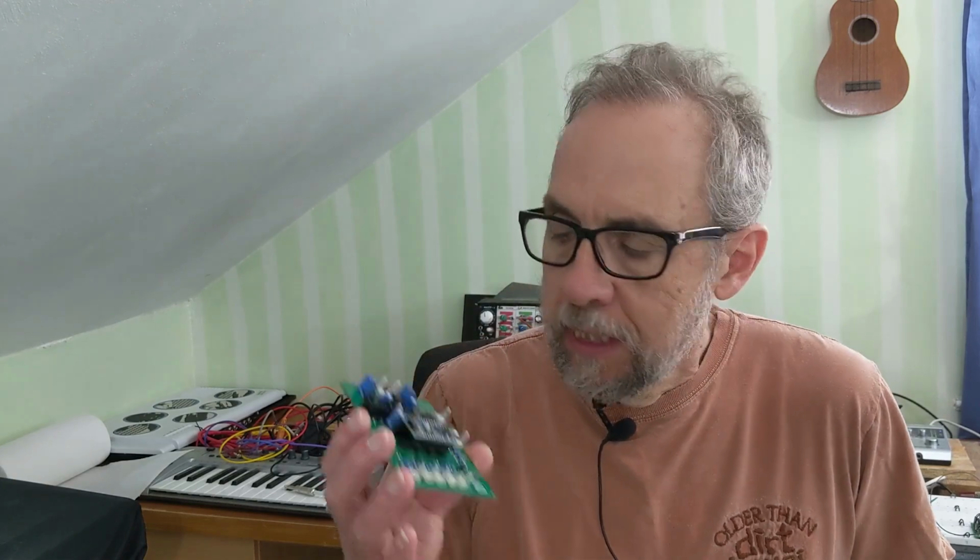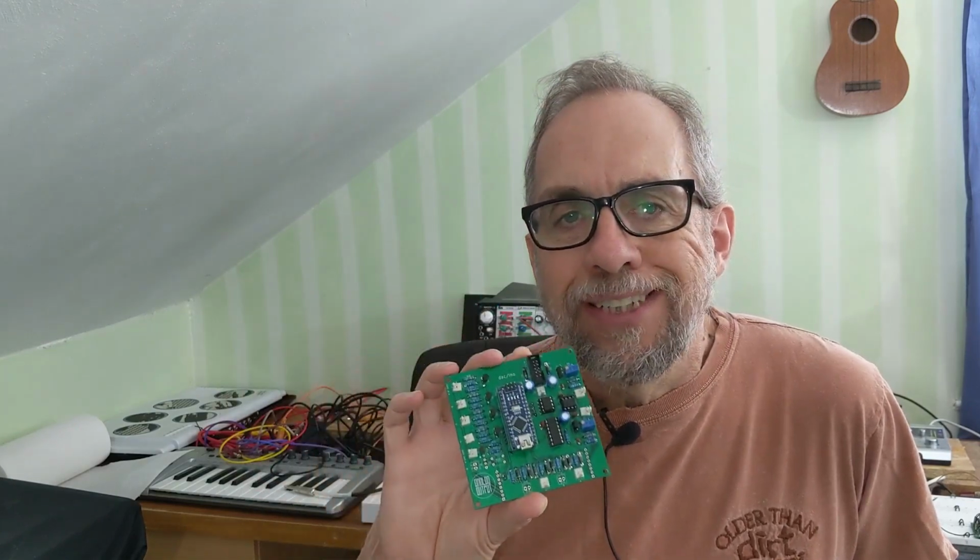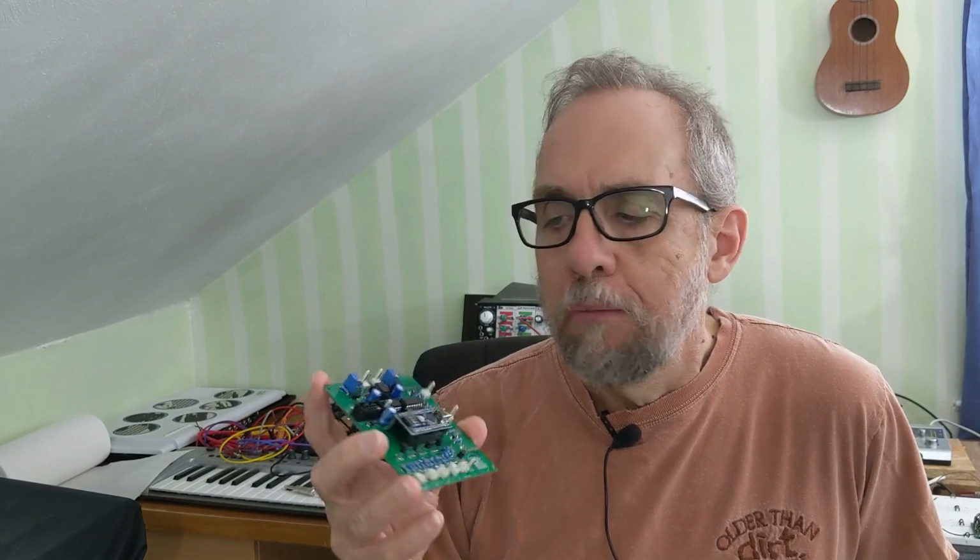Welcome to Analog Output. This time we're going to be taking a look at this. What is this? Well, this is sort of a generalized polymorphic